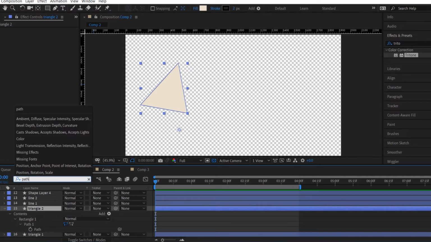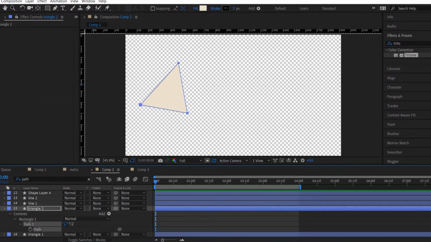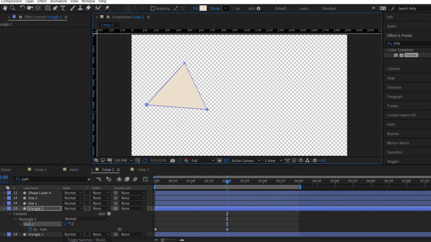We're gonna search for the path panel here, and we can see the path panel pops up underneath our layer. We're gonna hit the stopwatch for a keyframe, and in the middle of our composition, we're going to select one corner and bring it to a more frontal view. So I'm gonna move this corner here, do the same with the other corner,